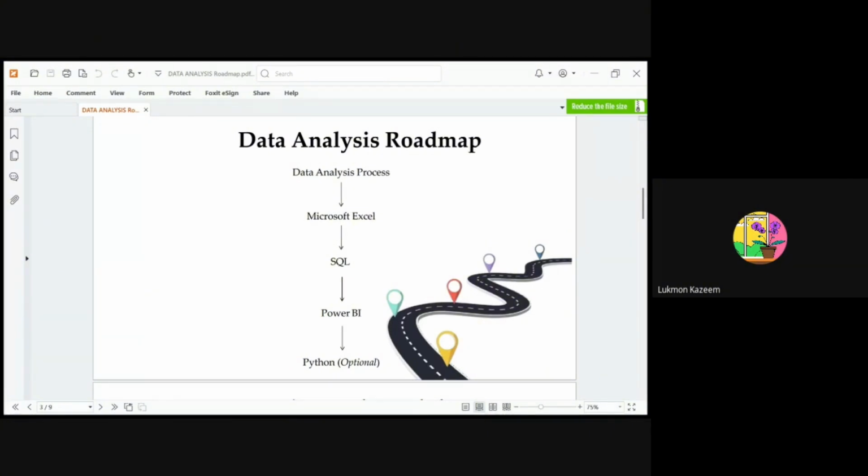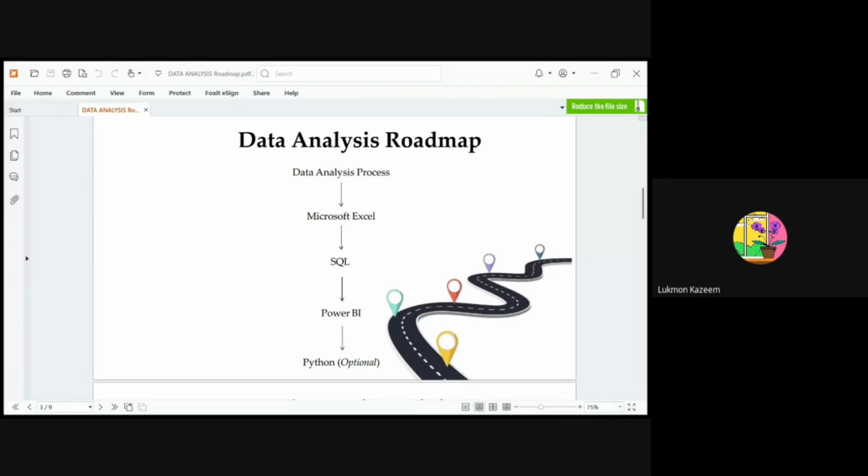They can't actually make decisions because they can't really do one or two things, like processing and a couple of things, just to, at the end of the day, make sense of the data. So that is what data analysis is all about. In the process of making sense of the data, we're going to be looking at certain processes.